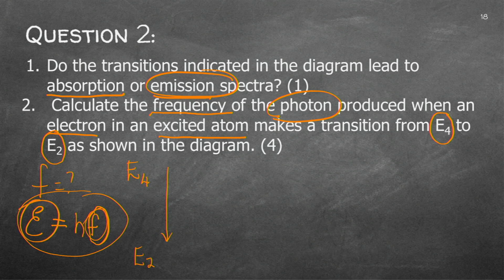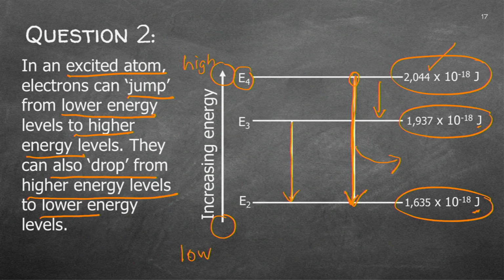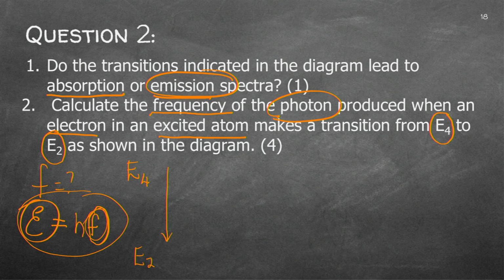Now, if we go back to our values, you're going to use the fourth and the second level energy. So I'm going to put an equation in there. I'm going to say the energy difference will be the energy of 4 minus the energy of 2. You can just transfer the values, and it is on the previous slide. I'm just writing them down.